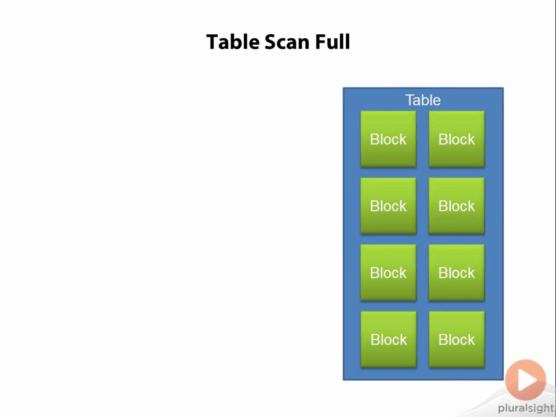The first operation we will take a look at is a full table scan. In execution plan output, you will see the words reversed so it reads table scan full, but pretty much everyone in the database community refers to this as a full table scan. In this scenario, Oracle is going to read every block for the table and process each and every row in every block. If some of the blocks for the table are in Oracle's buffer pool, then Oracle can read those blocks from memory. For all of the remaining blocks, Oracle will need to read those off of disk, causing physical